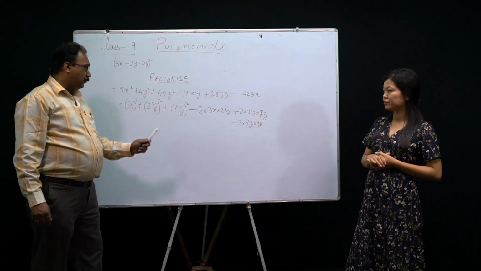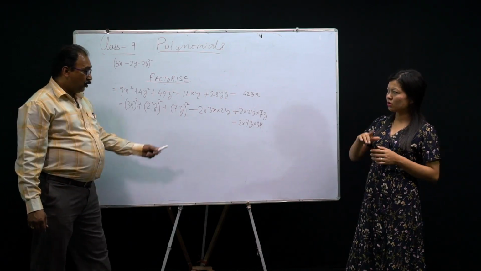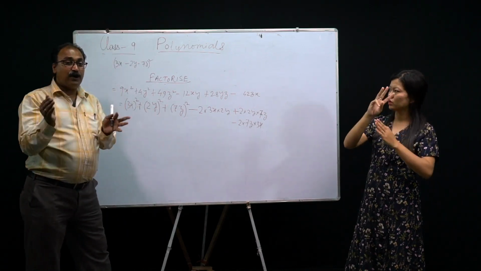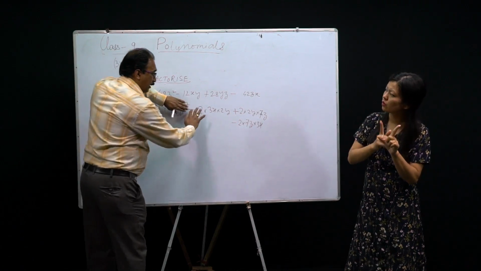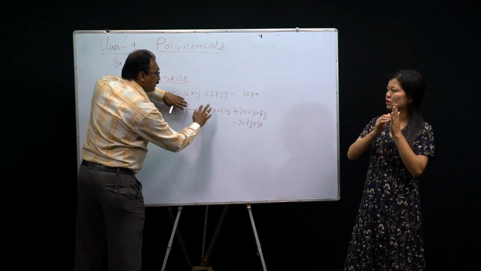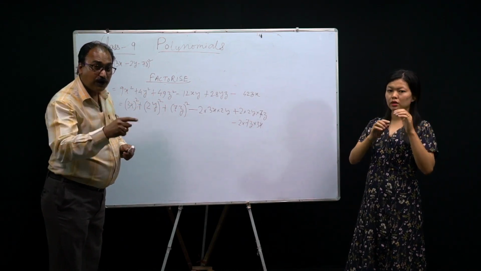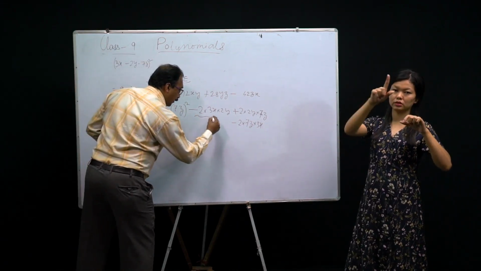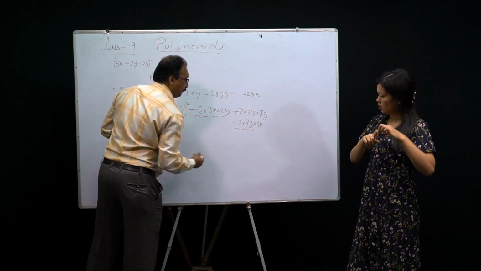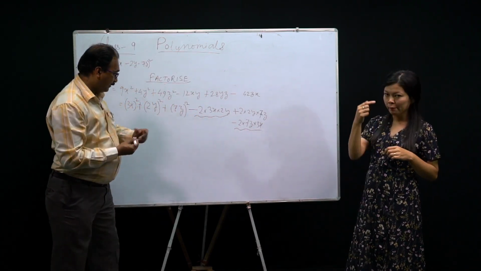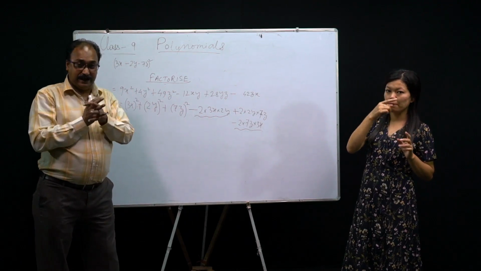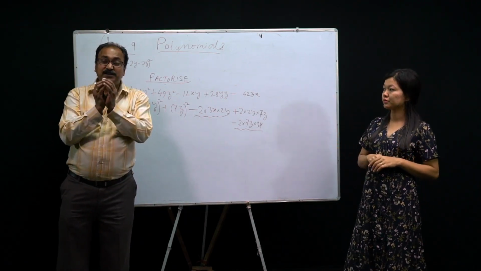Now the question: how do we come back here? There are the 3 terms. How to write the 3 terms? You have to look at the product terms only. Now don't look at here. Look at the product terms. Which 2 product terms are negative? See, this one negative, this one negative. Clear? Because minus, no?